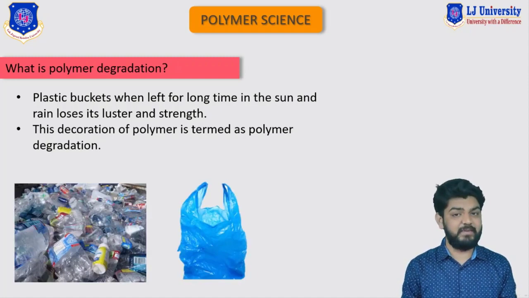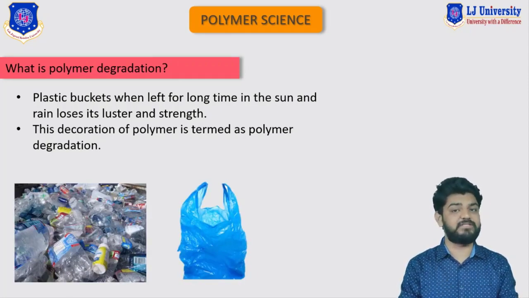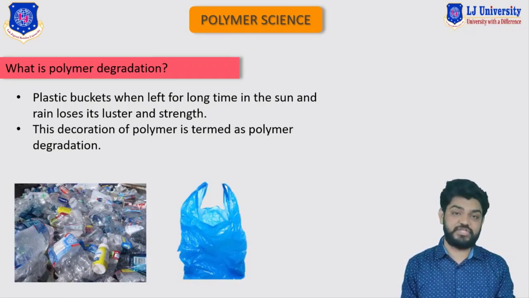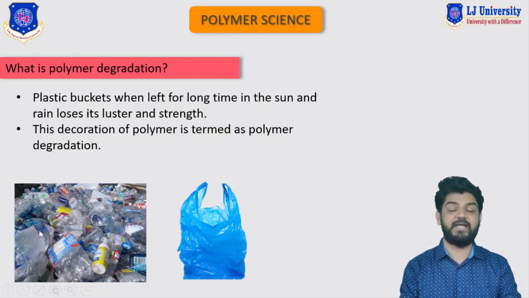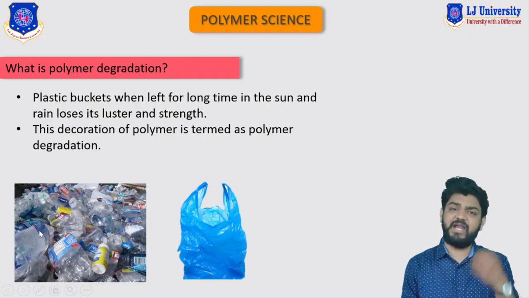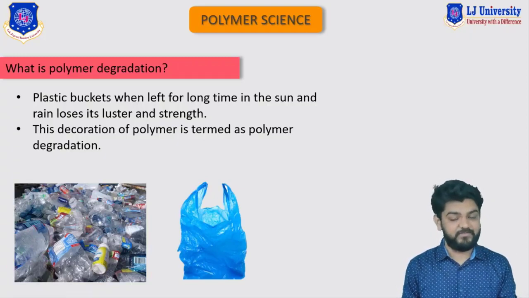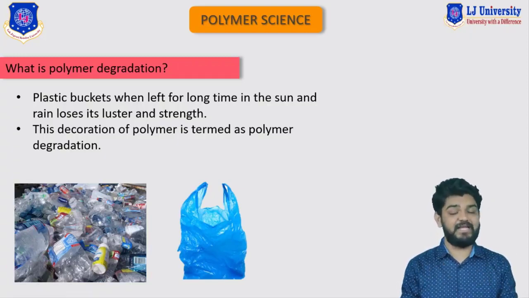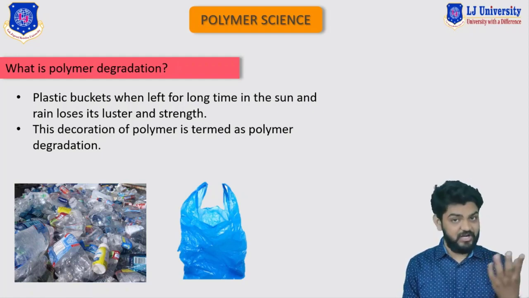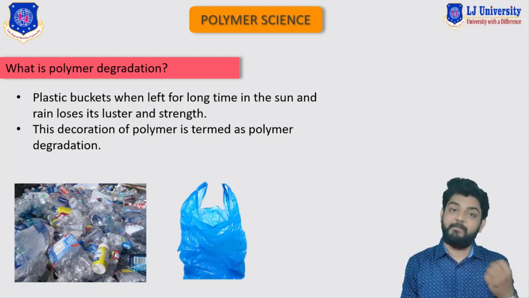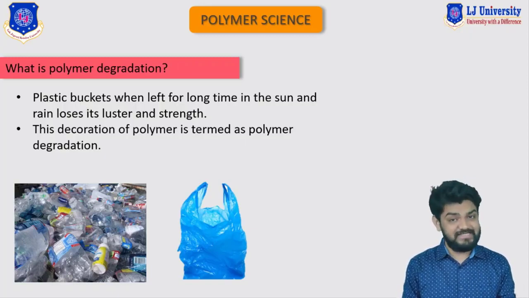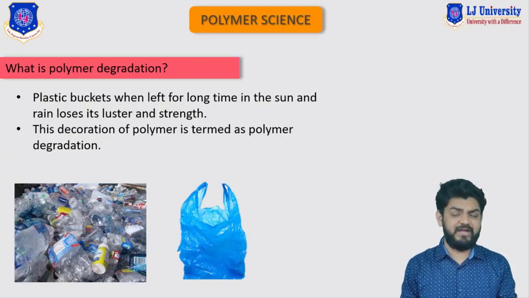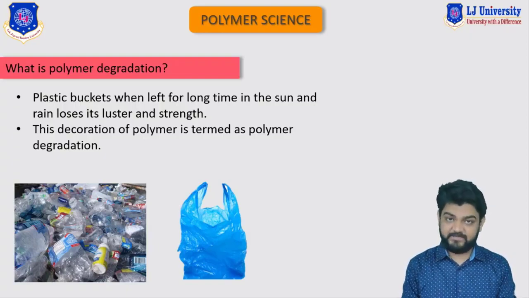Here in this image you can see polymers that have gone through the degradation process. These are plastic bottles that have degraded. This degradation can be of different types. It can be mechanical degradation, where some external force is applied on the plastic bottles or the bucket, or simply on the polymer, decreasing their strength, their tensile forces and their different mechanical properties.